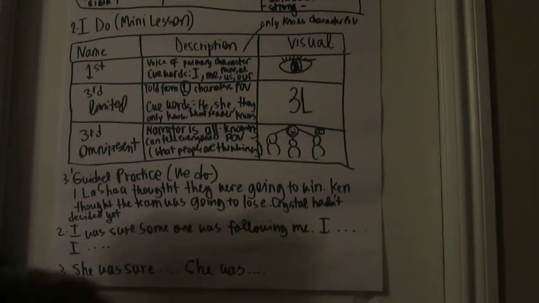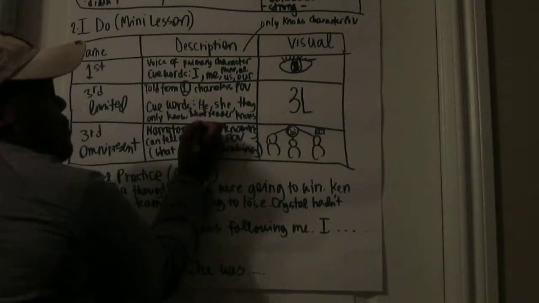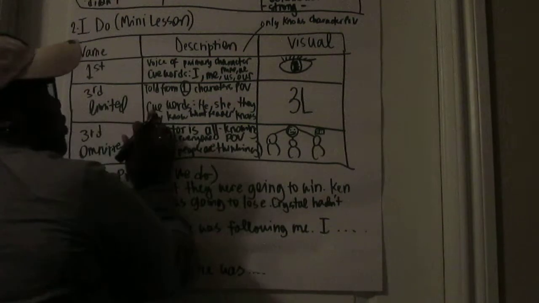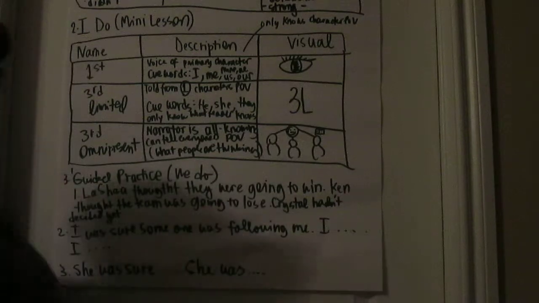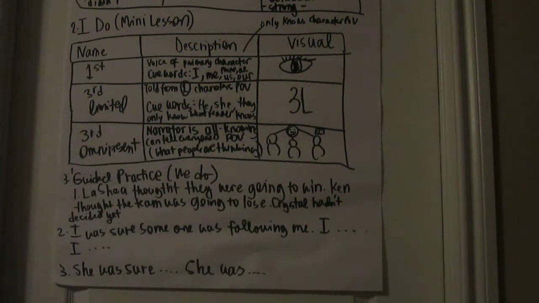So, from when I see my cue words that help me decide it, when I see something that's third person limited, I'm going to write 3L, right? So remember that, 3L. Then we have third person, and this is a hard word, but we can just break it down. Omnipresent,